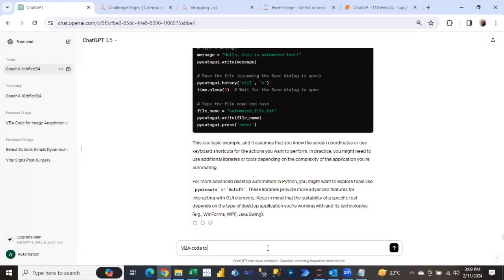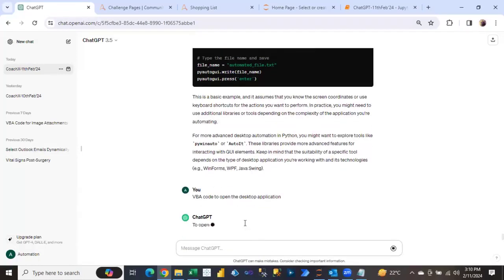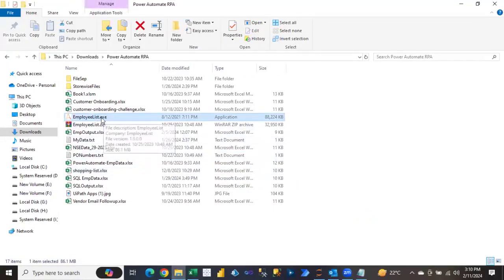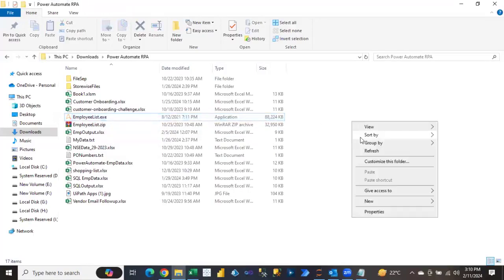ठीक है, ओके सर। देखो जैसे लिखते हैं वीबीए कोड टू ओपन दी डेस्कटॉप एप्लीकेशन। जैसे मैंने ये लिखा, तो देखो इसने शेल दिया या नहीं दिया। जैसे नोटपैड ओपन करना है ना, तो ये नोटपैड करेगा। अब जैसे आपके पास कोई और ईएक्सी फाइल है, जो आप एप्लीकेशन बोल रहे हो, तो वो ईएक्सी फाइल होगी। जैसे ये है मेरे पास, देखो। अगर मान लो मैं इसको ओपन करता हूं, थोड़ा सा टाइम लेगा ओपन होने में, हो जाएगा। ओके, तो अगर मैं इसका पाथ यहाँ पे दे दूंगा, तो ये वाला सॉफ्टवेयर ओपन कर देगा, ईएक्सी वाली फाइल।